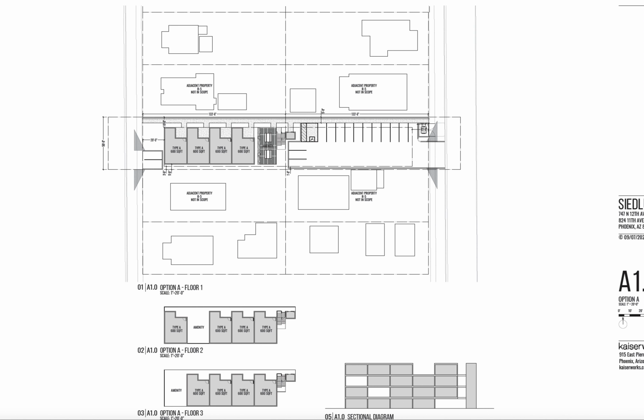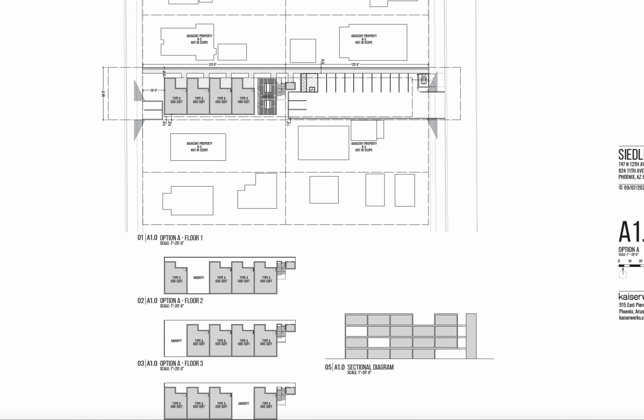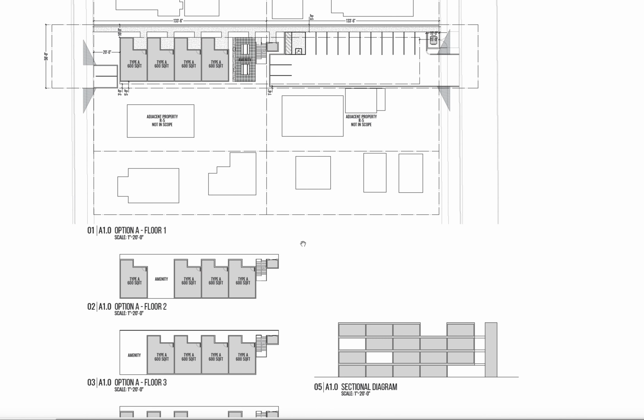Let me zoom in now to our plan just a little bit more. As you'll see, in order to achieve our amenity space on the ground floor while achieving 16 units total, what we're doing is this sort of gap tooth structural proposal where we have 5 bays, 1, 2, 3, 4, 5, but some of those bays are not filled with units. So on the ground floor, we would have this opening that is our amenity space, and then on the other floors, we could have these moments that would be great little private outdoor spaces that create architectural interest and provide some additional amenity for